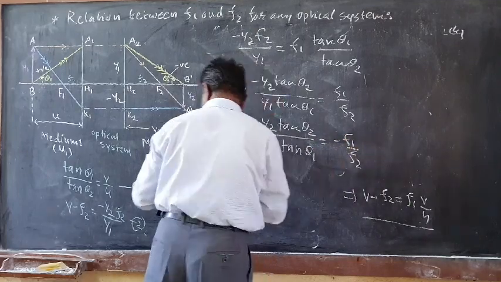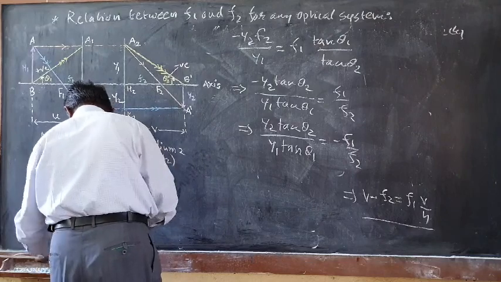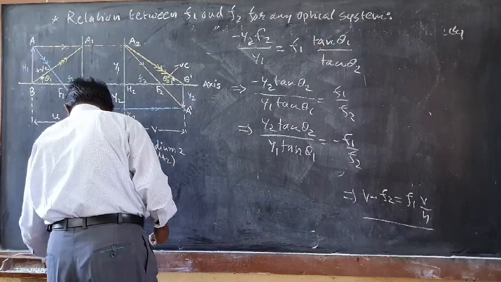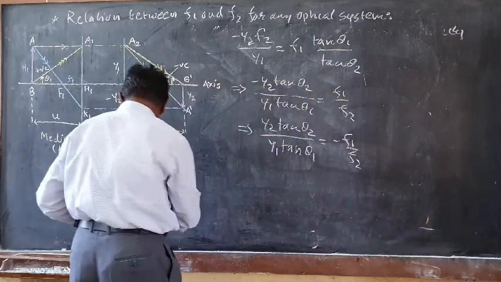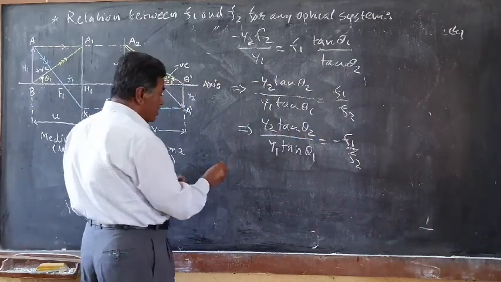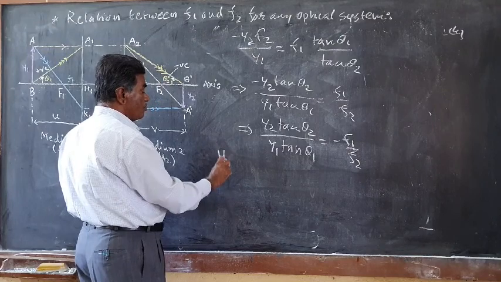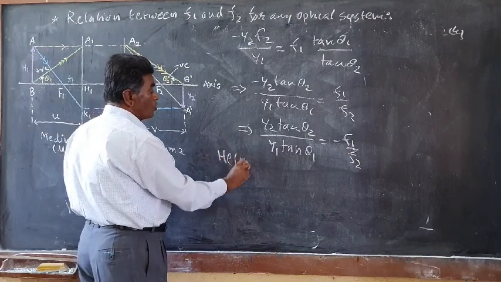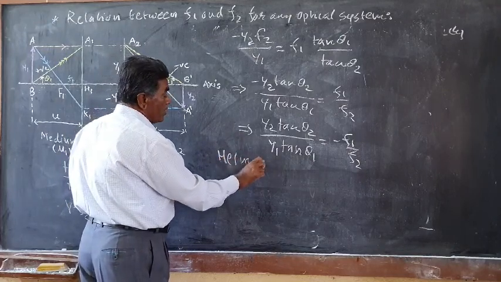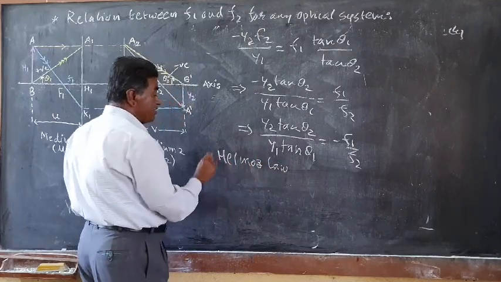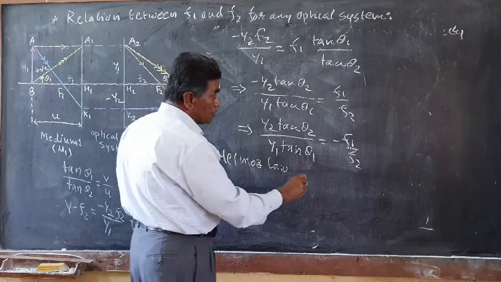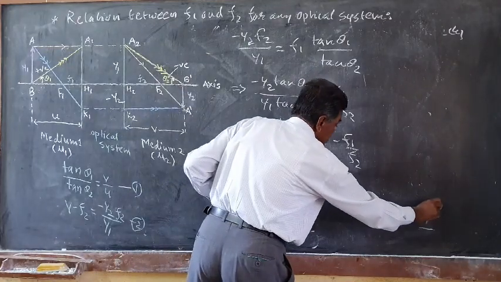So we are getting this equation. Now we will use one important law, what we call the Helmholtz law. According to optics, there is a law called the Helmholtz law. According to this law, suppose this is the principal axis,